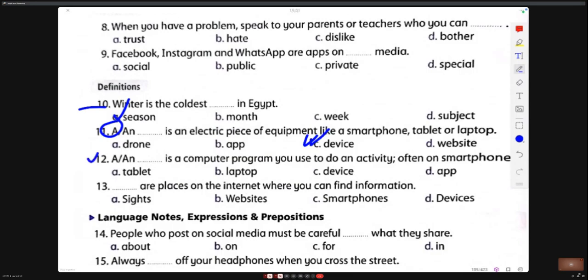Number 12. An app is a computer program you use to do an activity, often on smartphones. Websites are places on the internet where you can find information. Websites. Okay.